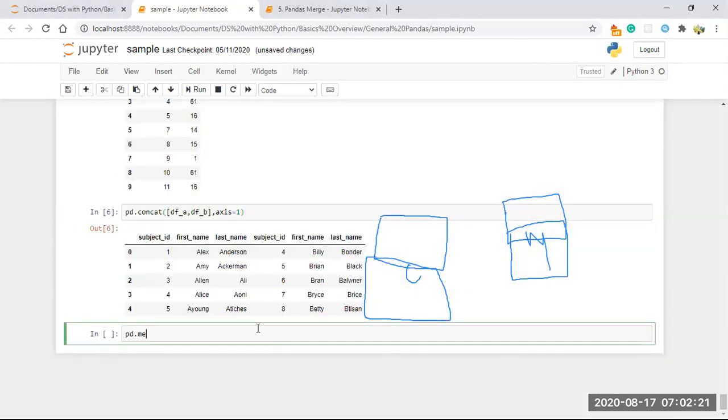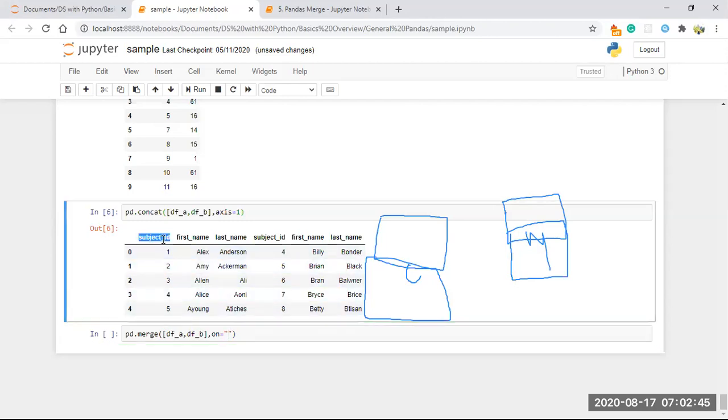pandas dot merge. What are you going to merge now? I'm going to merge my df underscore a and df underscore b. So for this merge concept, you need to give on, based on which column. First we will give a on. Based on which, you need to give a common name which is available for your DFA and DFB.